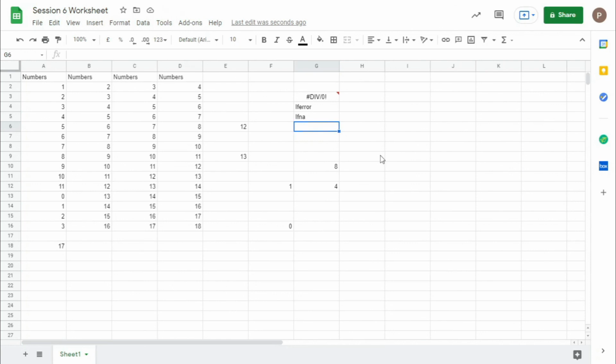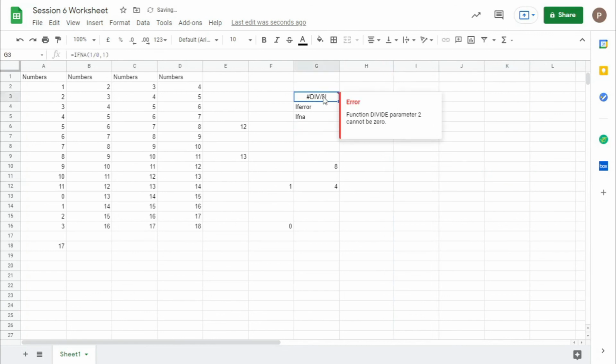When you get an NA error, if you use IFNA, it works perfectly fine. It's just for the NA error. But for whatever remaining error, if you use IFNA, it will still show the error. But IFERROR is not like that; it's used for any kind of error,